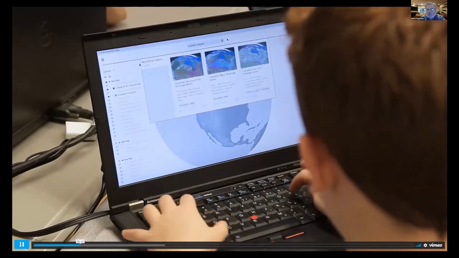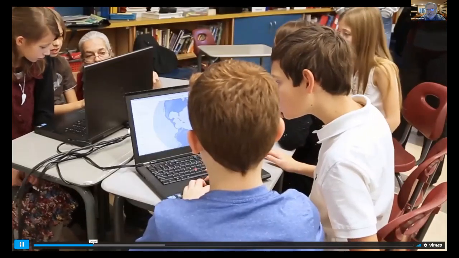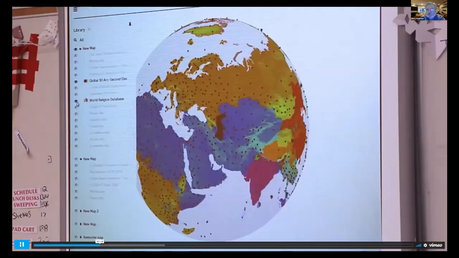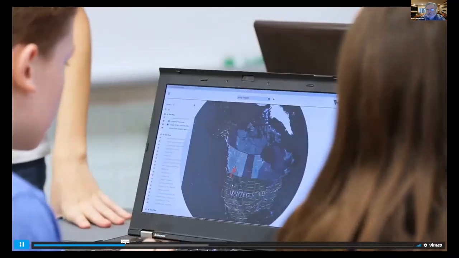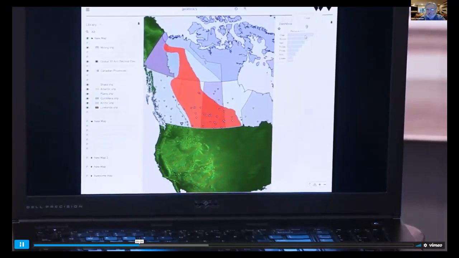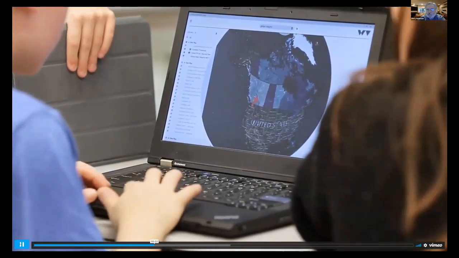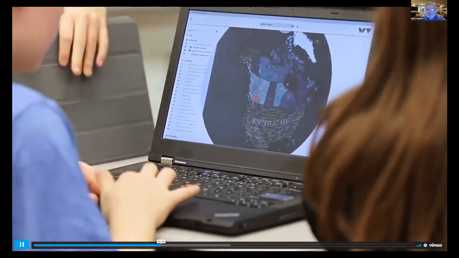I was looking at Canadian resources and where they are throughout the provinces. If it would be better to find gold on a higher level or a lower level. And then I like the fact that you could overlap layers on top of each other and not just look at one layer at a time. So that way you can have all the gold mines on top of the provinces so you can see where they are.